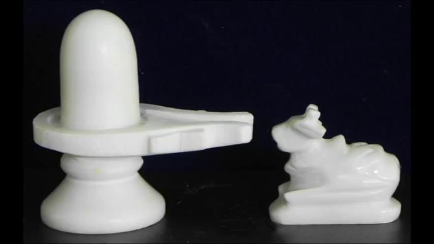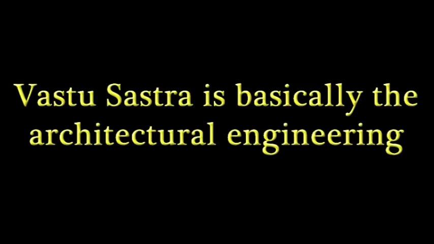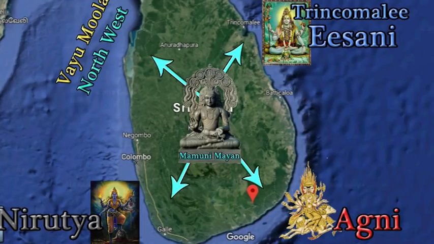Shiva has more than 8 dimensions. Among them, creation aspect of Shiva is expressed through Lingam with a white bull, and the destruction aspect of Shiva is expressed through Yama riding a black ox with a noose in his hand. Vastu Shastra is basically architectural engineering. Mamuni Mayan identified these 8 directions with the characteristics that are associated with the history of mankind. He might have included these characteristics into his design aspects with the twin purpose of retaining history and providing the space for the sentimental belief on the characteristics of the directions.